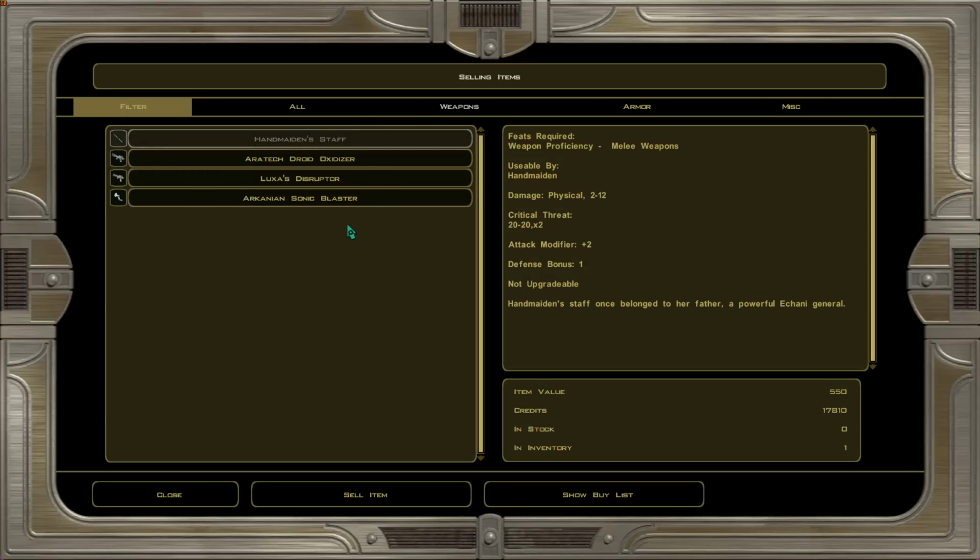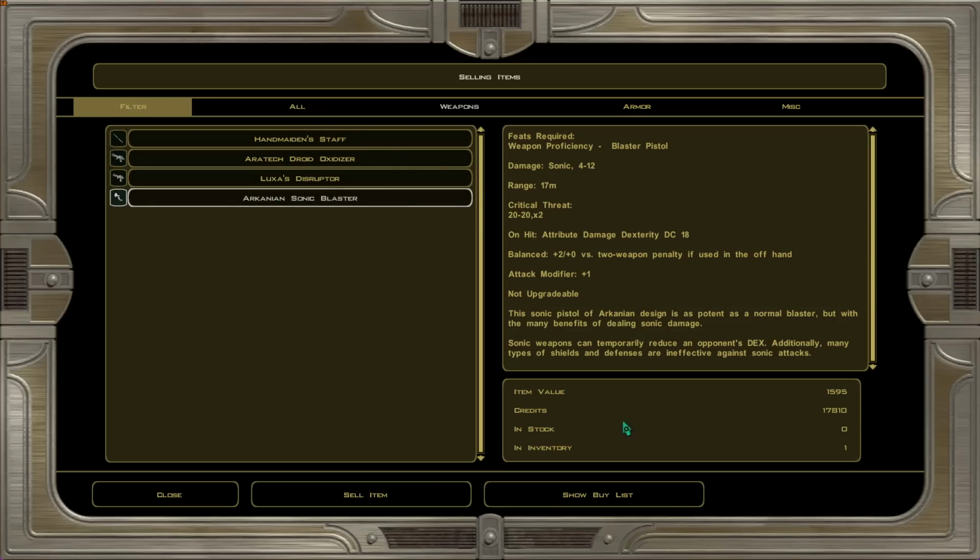And then Handmaiden Staff. She'd probably be quite upset if I took that. Handmaiden Staff once belonged to her father, a powerful Achani general. Yeah, no, that's good. And now I've got 17,000 credits. Let's have a chat about that,